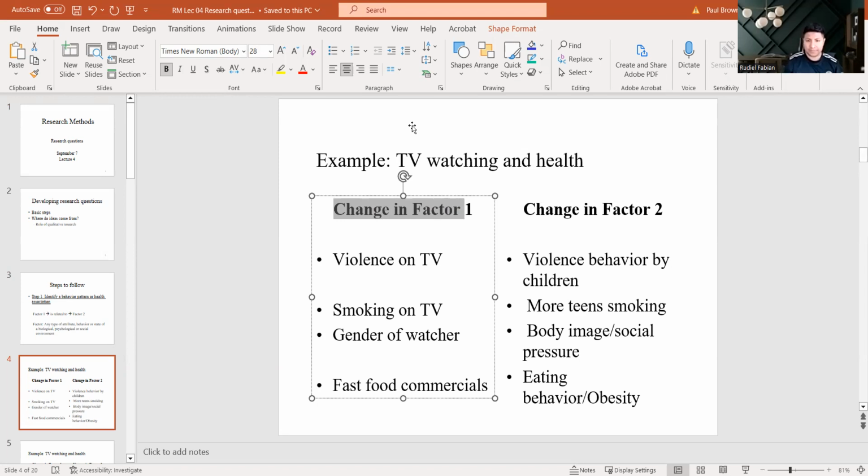So is factor one the independent variable or the dependent variable? Independent. It's the independent variable, right? Because this is the thing that's causing the change. Factor two then is the dependent variable. It's the thing that's changing. It might sound a bit trite, but when you actually look at these papers, oftentimes it's really hard to figure out what the independent and the dependent variables are. So if you go back to look at this paper here,